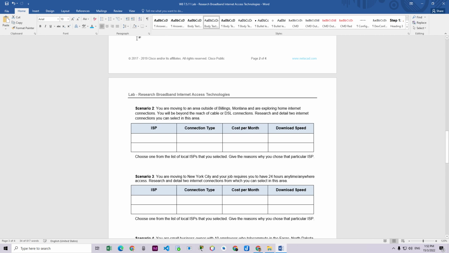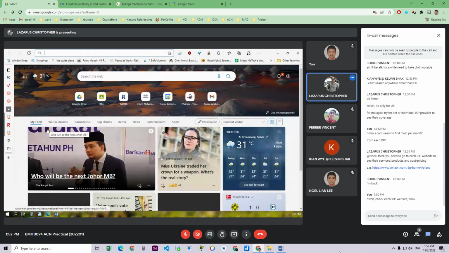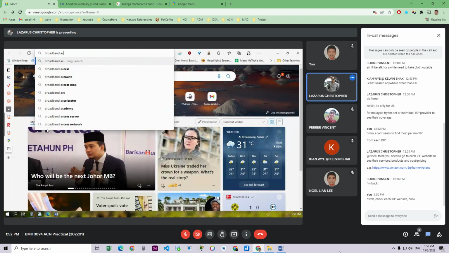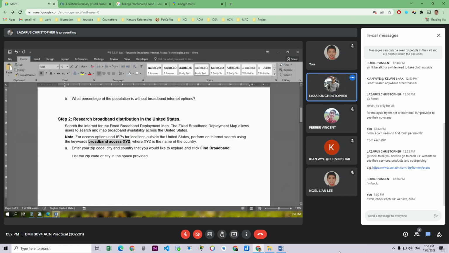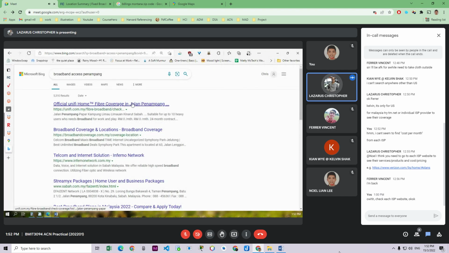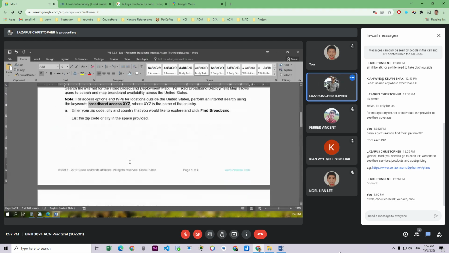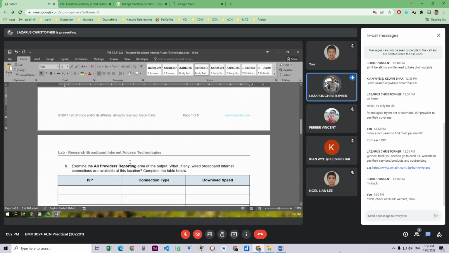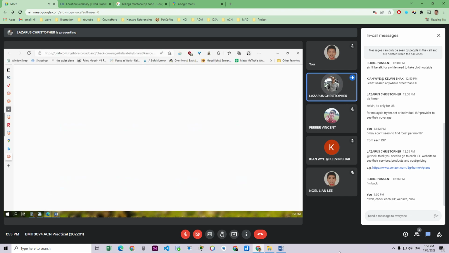Broadband access. Let's say Penampang. Let's try it. Broadband access Penampang. The XYZ is the name of the country. Oh, Malaysia. Okay, name of the country, Malaysia. But here also came up. Let's say unified coverage in Penampang. And what else? Quick find broadband, examine all providers reporting area of the output. Okay, so you put in there what is the